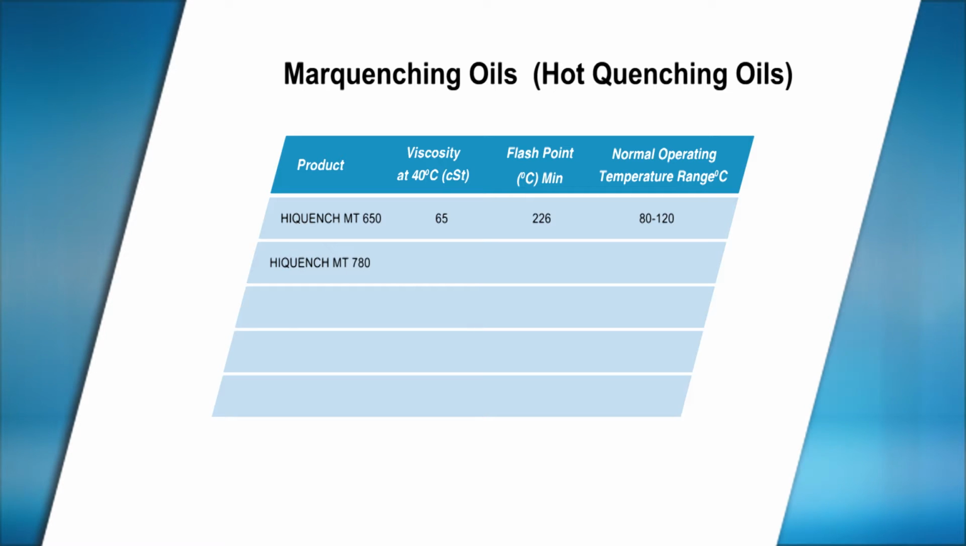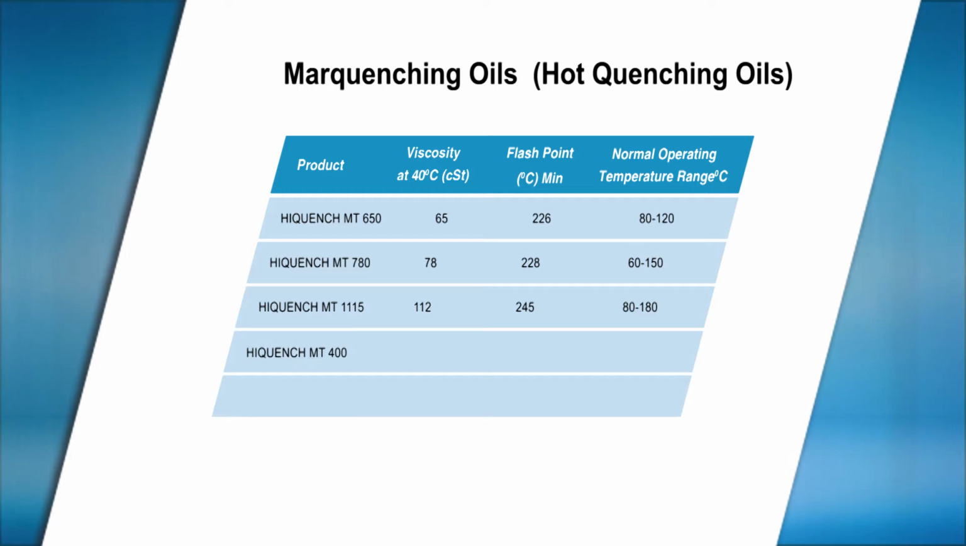HiQuench MT780 has a typical viscosity of 78 centistokes and can be used in the temperature range of 60 to 150 degrees Celsius. HiQuench MT1115 has been designed for operating under difficult application conditions, including open quench tanks. It has a typical viscosity of 112 centistokes and can be operated in the range of 80 to 180 degrees